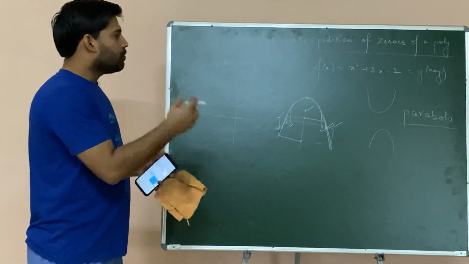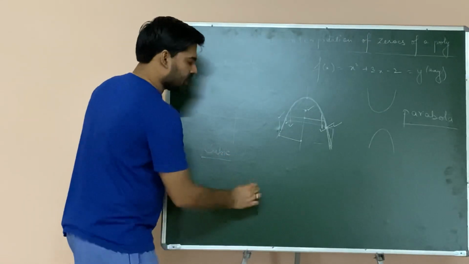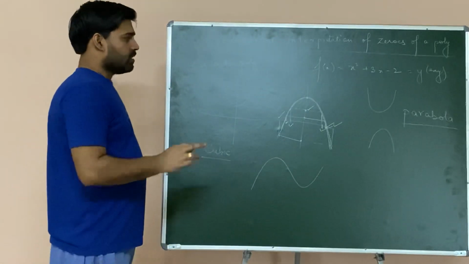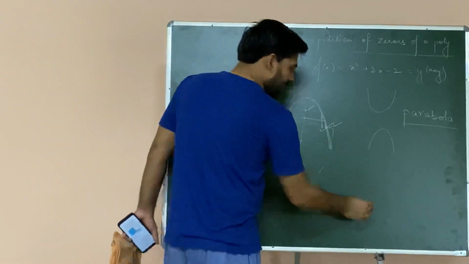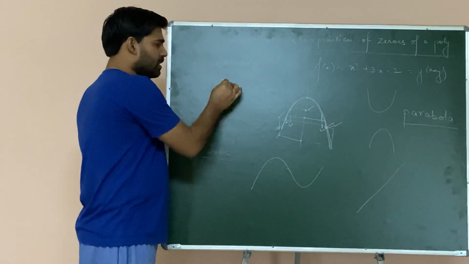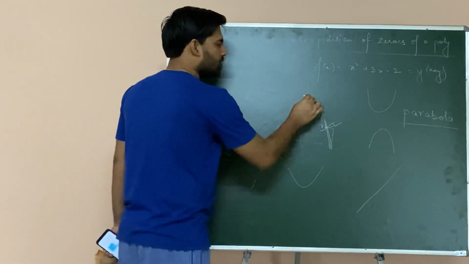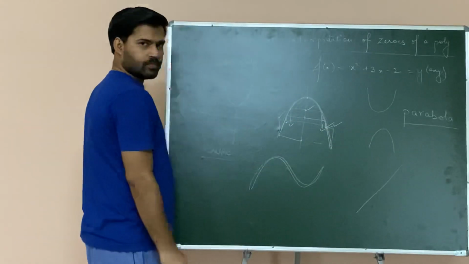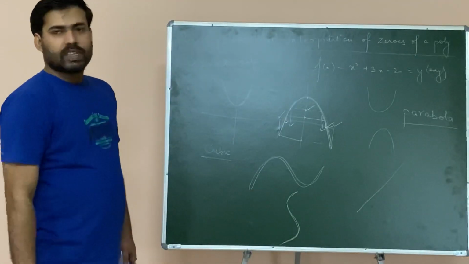Similarly, if you move on to a cubic polynomial, in case of a cubic polynomial you will get the graph something like this. The point to be understood over here is, if we start from a linear polynomial, linear had a straight line. That means no curve at all. When we moved on to quadratic, we have seen there is a curve. And how many curves are there? A single curve. When I am moving on to cubic, there are two curves like this or like this. So there is one curve, there is another curve. This is the kind of curve that you will get in a cubic polynomial.